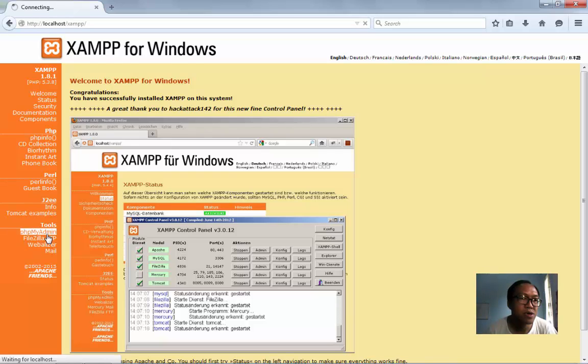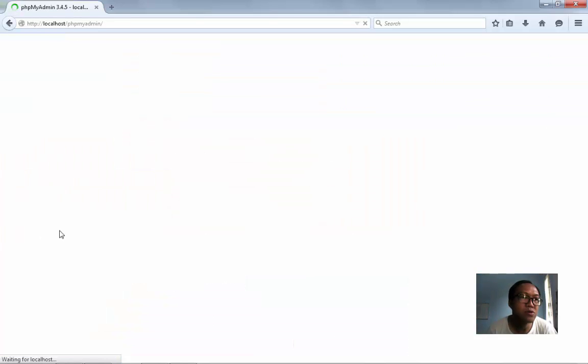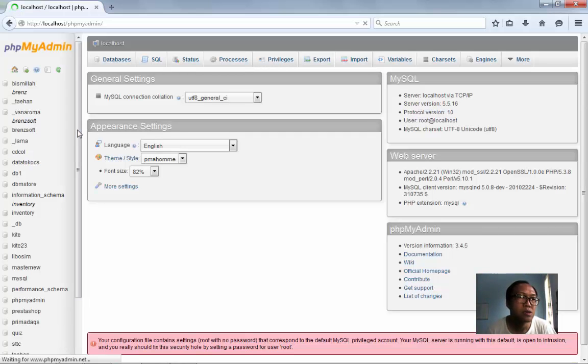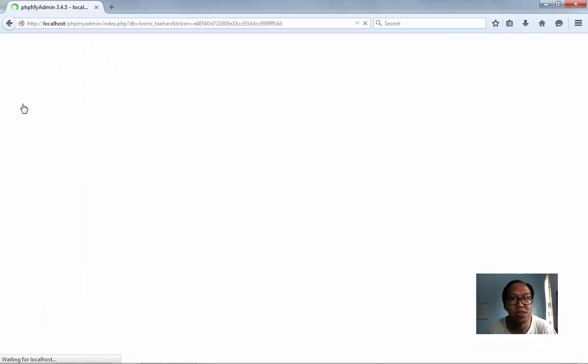First we go to phpMyAdmin, and then we can create the database that you want to use. For this example, I'm using a database named Taihan.